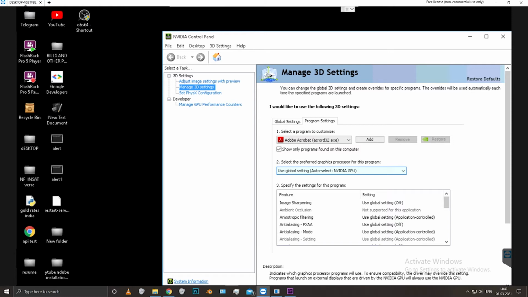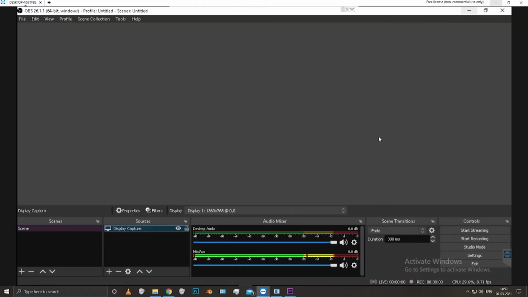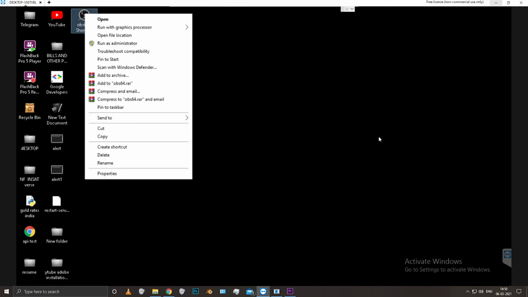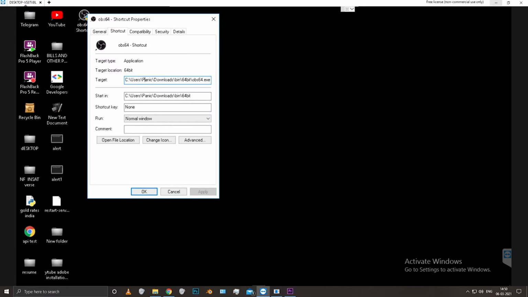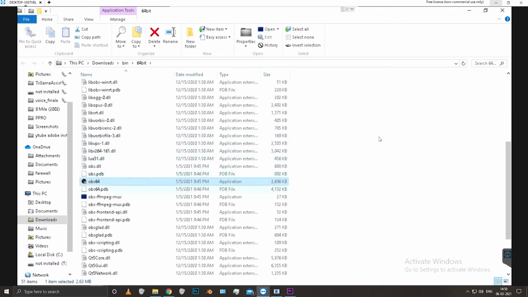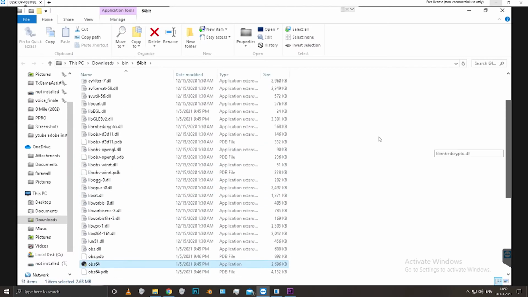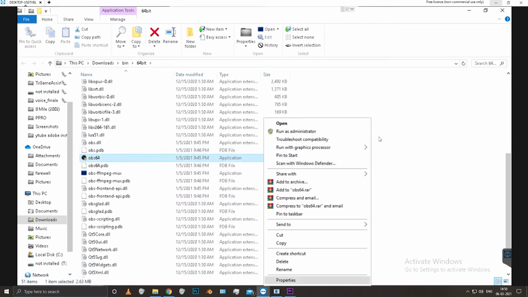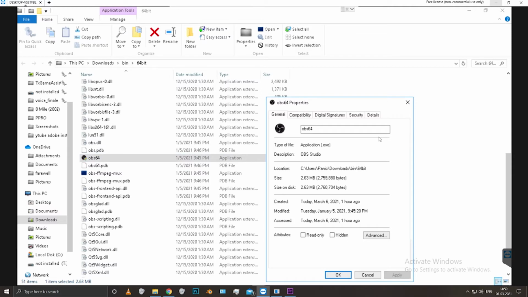So in the solution, we are going to change the graphic card used by the application to integrated. So let's follow up with that. With the solution, you can follow my steps. Just right click here, select properties, then select the target, where the target is located. You can just click on open file location. You can see your launching application or launching icon there. So we have to click on properties, then copy the location, say copy,